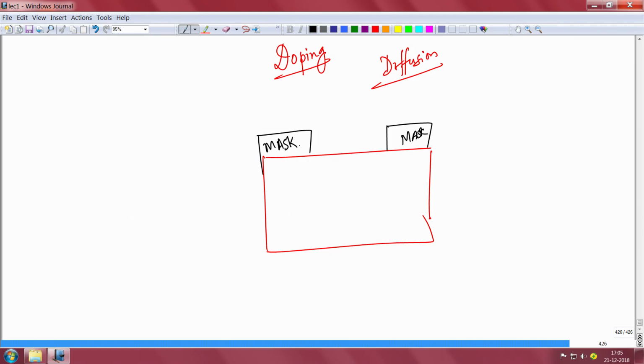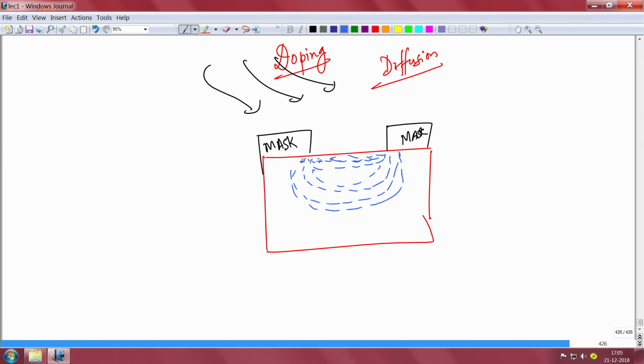It can be maybe silicon dioxide or something, and then you expose this to doping, to diffusion, like you will flow some gas, phosphine, arsine or whatever, and it will fall on the surface, it will react, and it will diffuse inside the surface like this. It will go laterally too, because diffusion is isotropic, it will go in all directions. So, this is the depth to which you are diffusing, there is a concentration gradient here, but that gas will flow and it will diffuse wherever it is exposed to the gas. Wherever there is hard mask it will not diffuse, though it will diffuse laterally there. So, this is a pocket of doping, you can say N plus or P plus whatever.